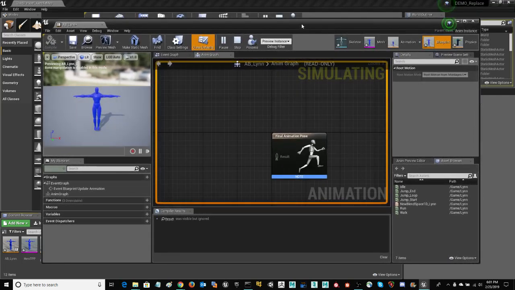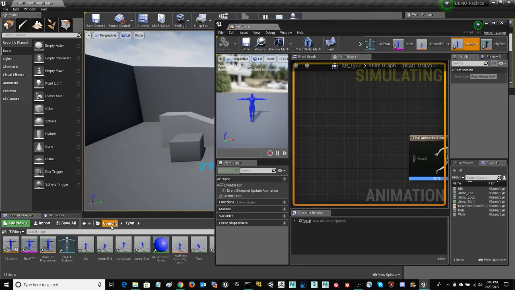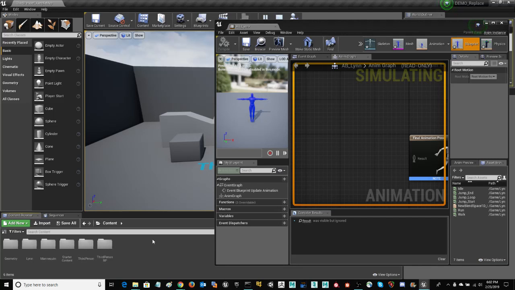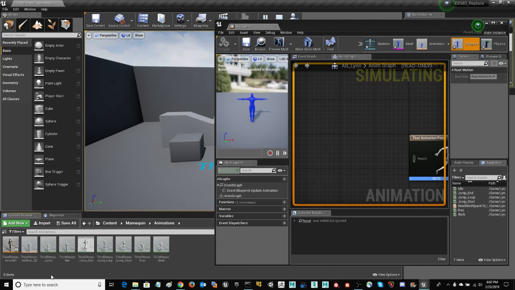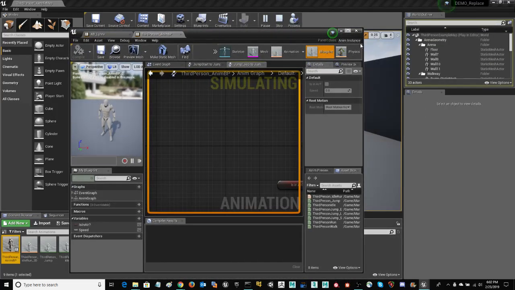Slow response here. Alright, now when you're learning how to do something new, one of the best ways of doing that is to get what currently exists and reverse engineer that. So what I'm going to have to do is find the current mannequin and load that in our editor as well. Go back to content, in the content browser, mannequin, animation, and you're looking for the blueprint. I believe that's it. Double click on that